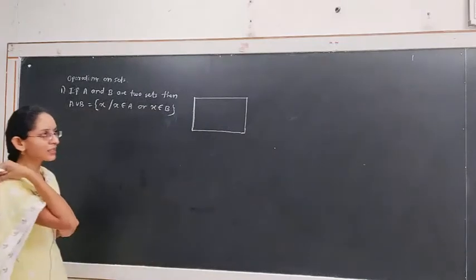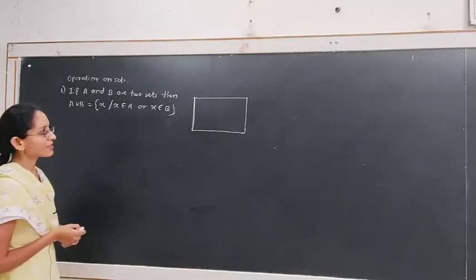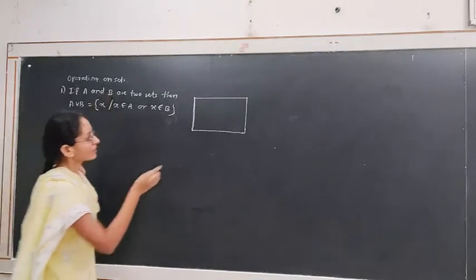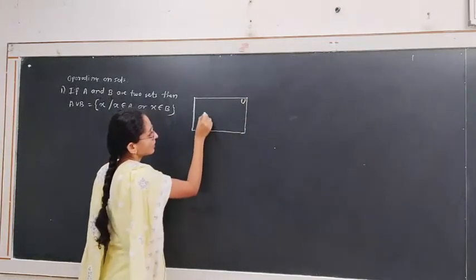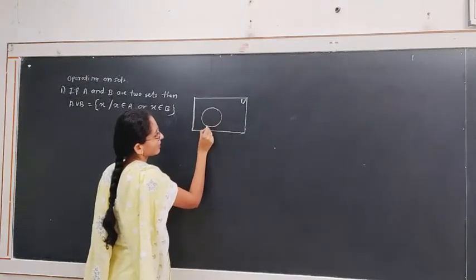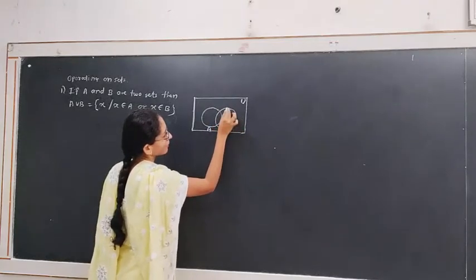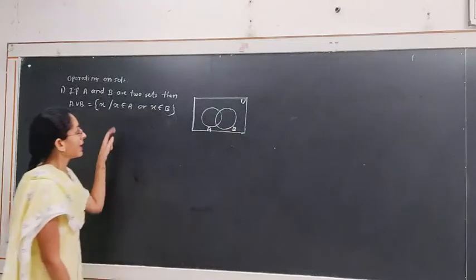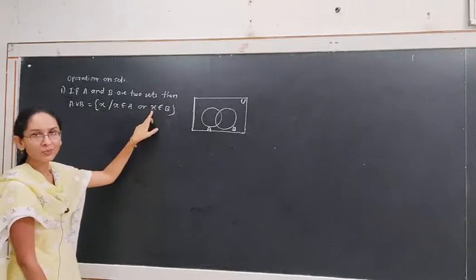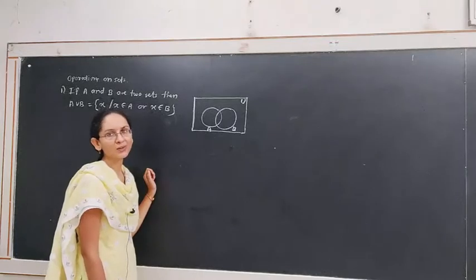For that we have to consider one bigger set that is called the universal set. The universal set is the set that contains these two sets A and B as subsets. The universal set is U. A and B are subsets of the set U. Suppose this is the first set A and this second set is B. A union B is what? The collection of all the elements X where X belongs to A or X belongs to B. Means we consider both cases. Either X belongs to A or X belongs to B.